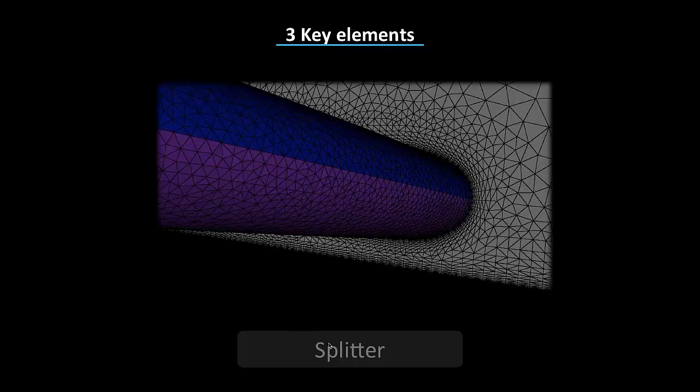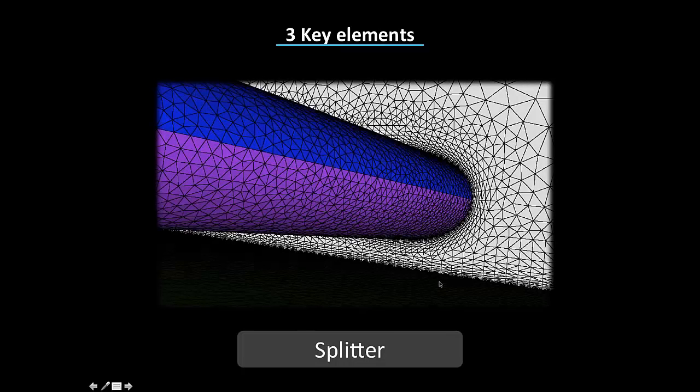So 3 key elements with the front end of the car. Here we have the splitter. So this is an example of the mesh we use on the car. So that's a leading edge of the splitter on the symmetry plane there. So you can see